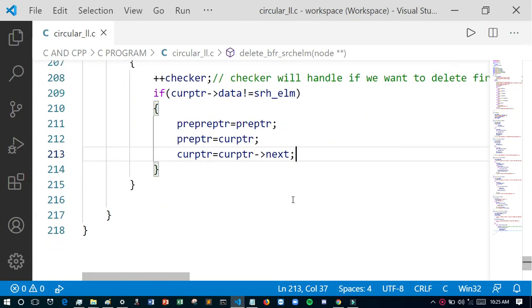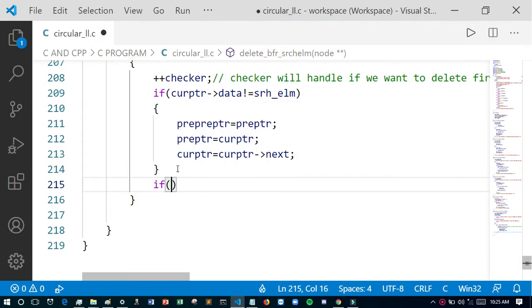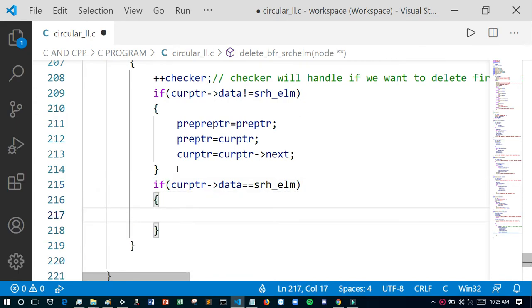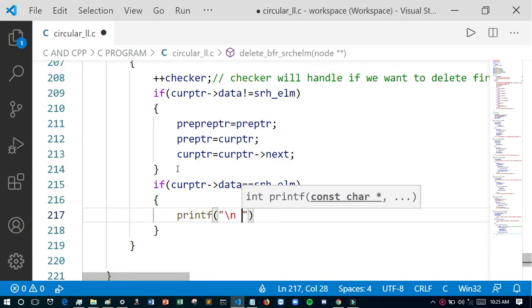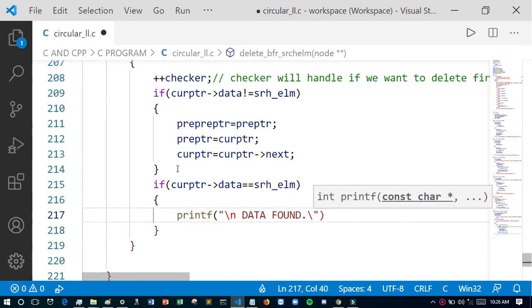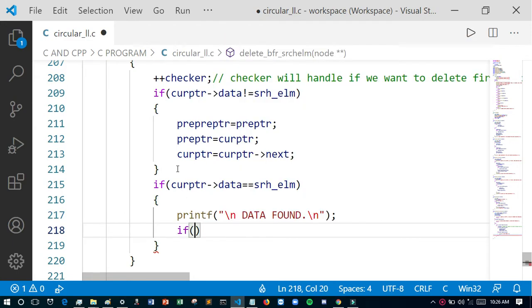And if ptr data equals to search element, then we will give a message data found, and then if checker equals to 2, the checker checks when the user wants to delete the first node.